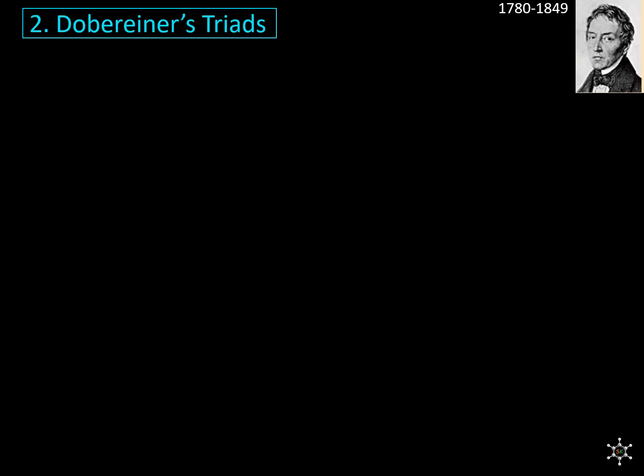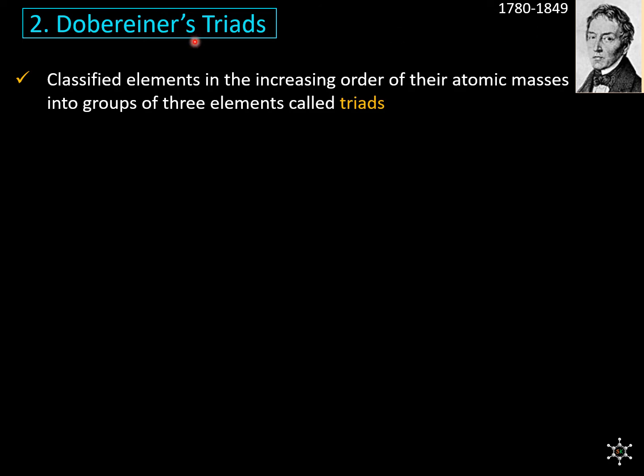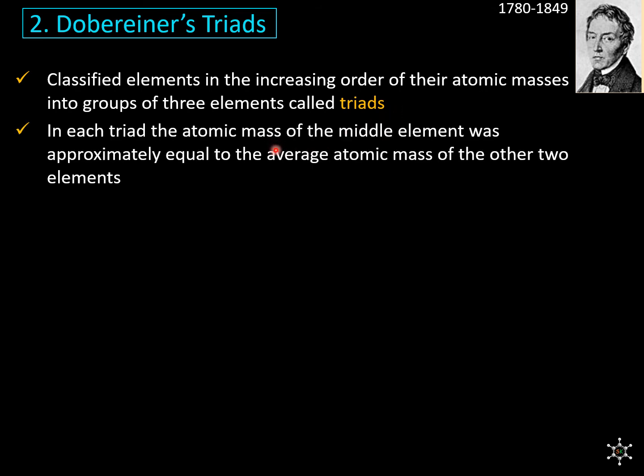The next attempt is Dobereiner's triads from the scientist Dobereiner. His period is 1780 to 1849. He classified the elements in the increasing order of their atomic masses into groups of 3 elements called triads. In each triad, the atomic mass of the middle element was approximately equal to the average atomic mass of the other 2